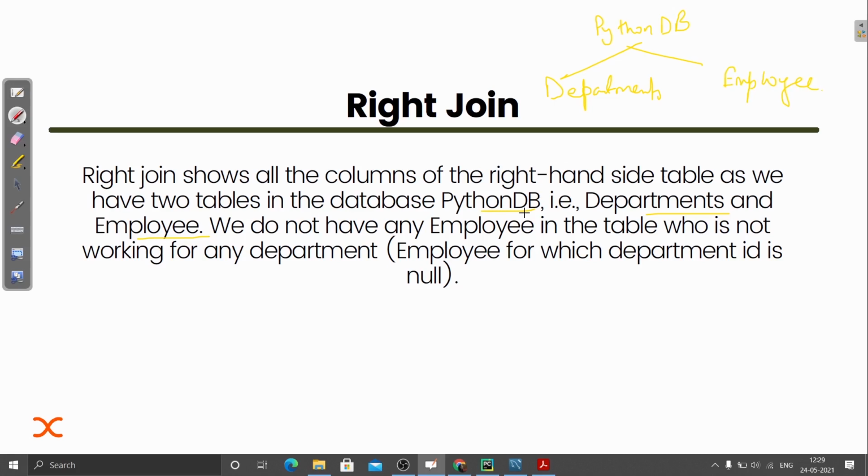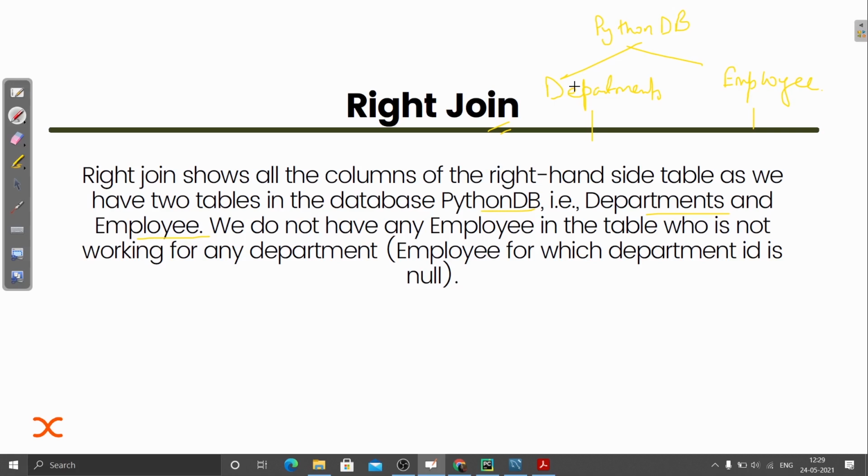Okay, and what I'm doing, I'm joining them. For joining I need to have some common columns, and with the help of those we can join. For doing a right join, like a normal join, we are joining by some common columns that are there.